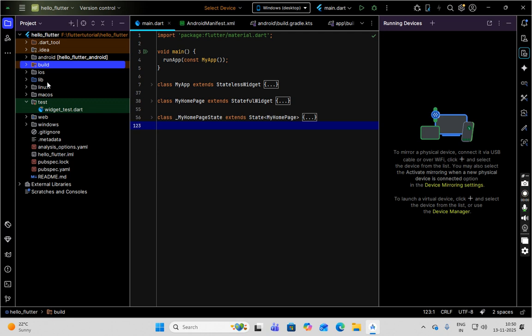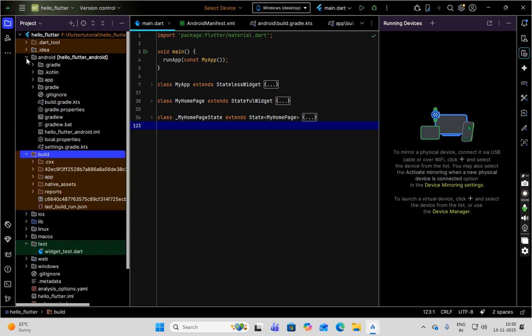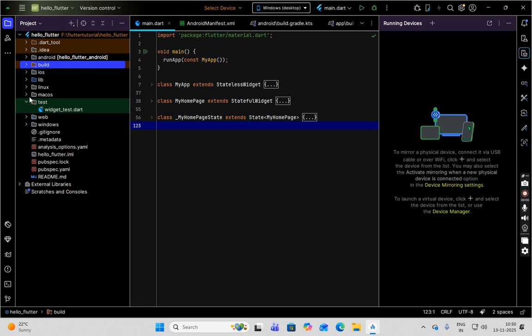Okay, so I think you understand clearly whatever important folders I have already explained and taught you. So we continue with the very important credential files,